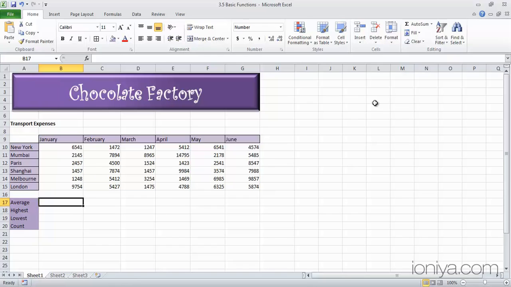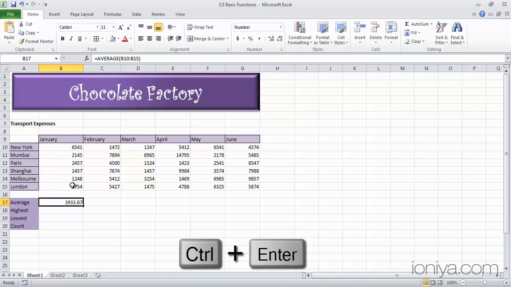In the Home tab, when we click on the AutoSum drop-down menu, we can see various functions here. Select Average. Excel automatically selects the range of cells for us. As you can see, Excel has selected the blank cell as well. As it's an empty cell, it will not lead to an error. But to avoid confusion, let's select the range manually and press Ctrl Enter.